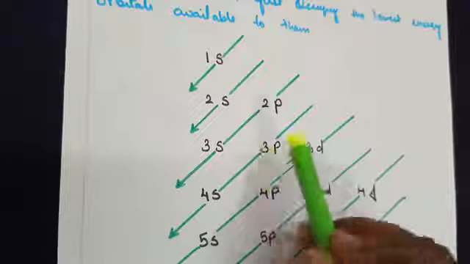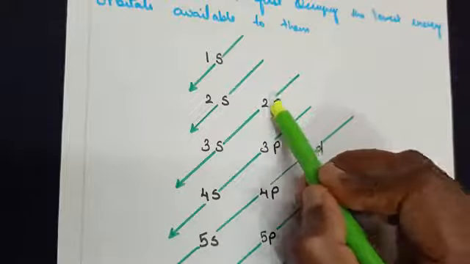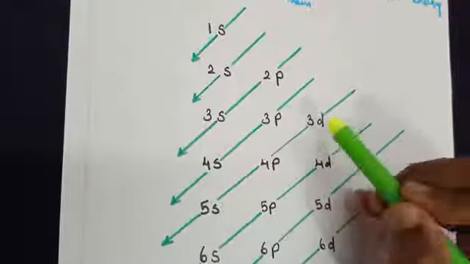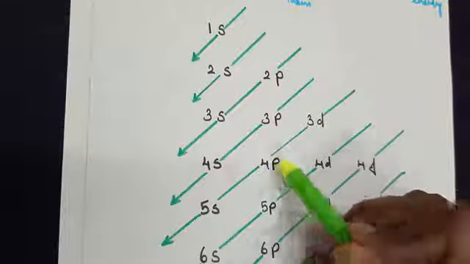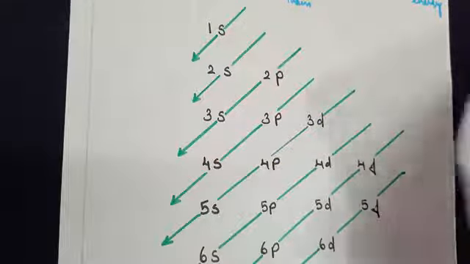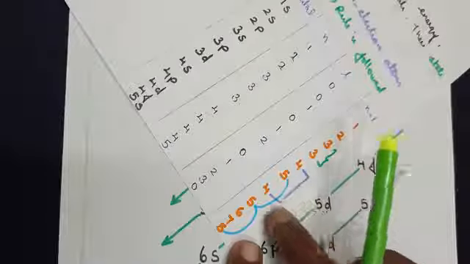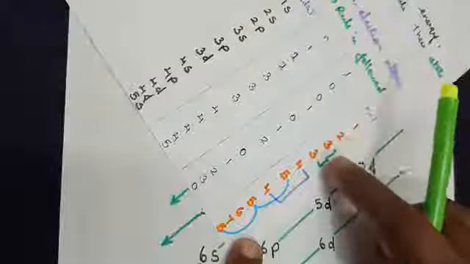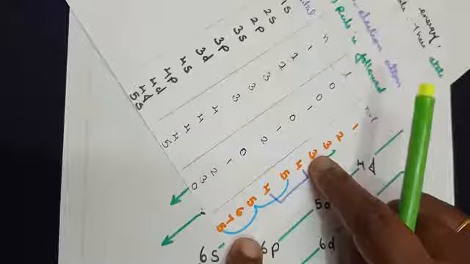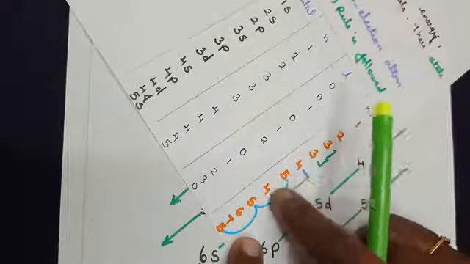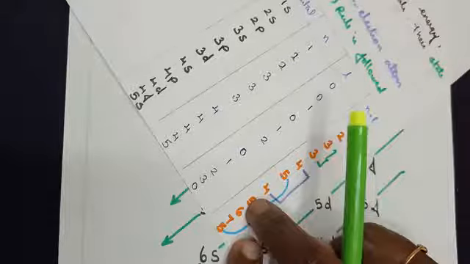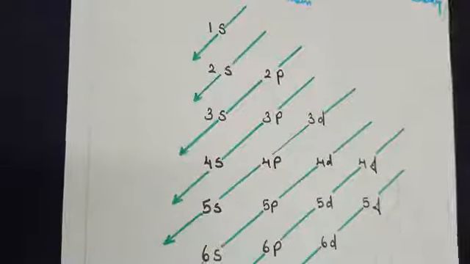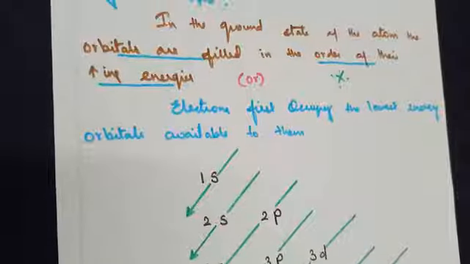Once again I am stressing, why are we writing 2p followed by 3s, or 3p followed by 4s, or 3d followed by 4p followed by 5s? The reason is the energies they have are similar to one another. So the first level is filled, the second is filled, followed by the third, then we move on to filling the fourth, then the fifth, then 6 and 7, and the numbers continue. This is in terms of the Aufbau principle.